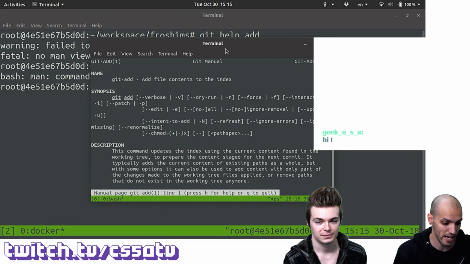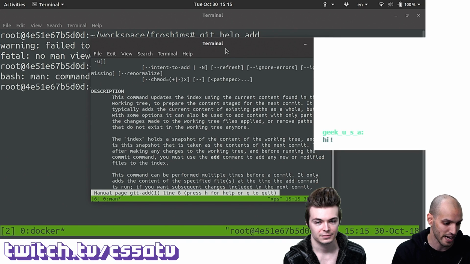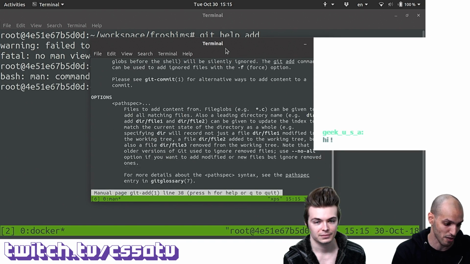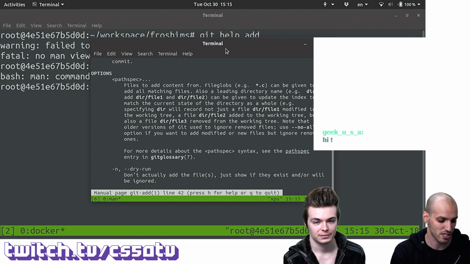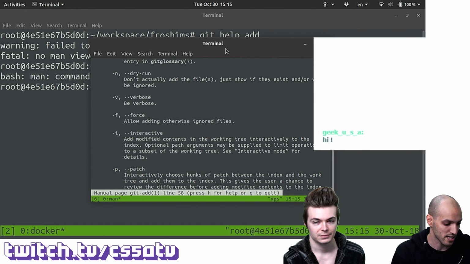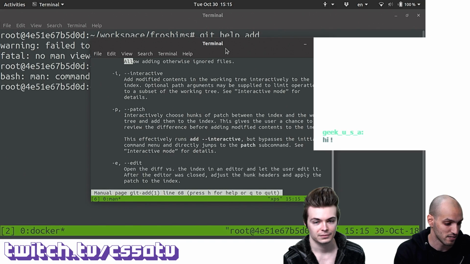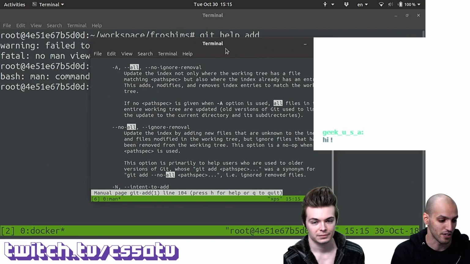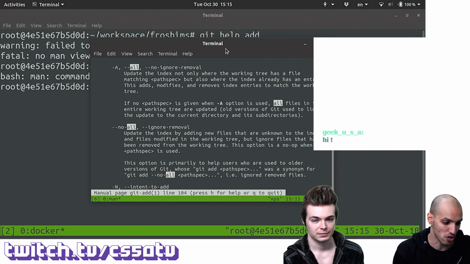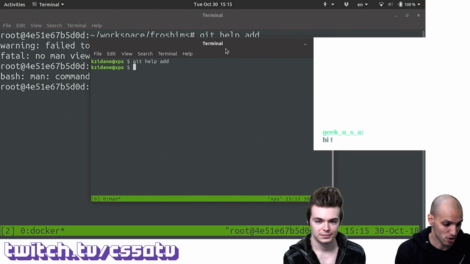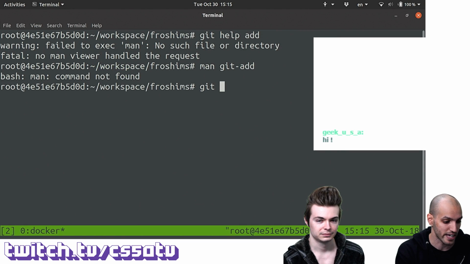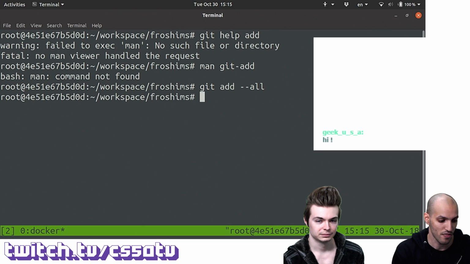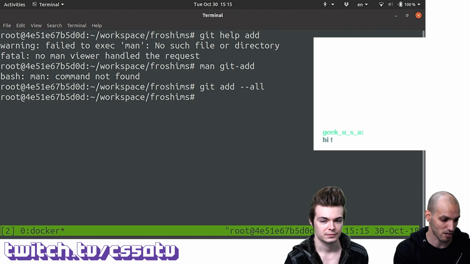It lists what the command does and how to use it with the different options, and how these options change the behavior of the command. In this case, I'm looking to add all the files, and if I keep searching, I can find -a or --all. So it seems that if we do git add --all, that should add everything. We see nothing, which is good. Previously we saw a complaint.